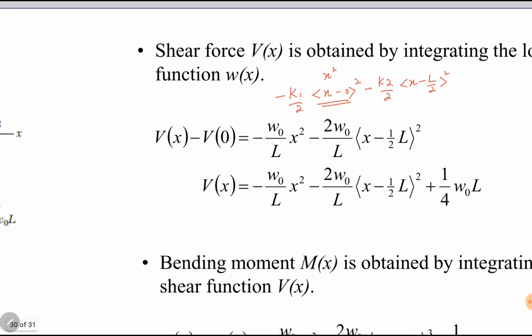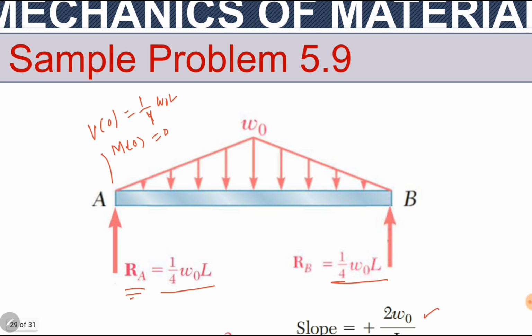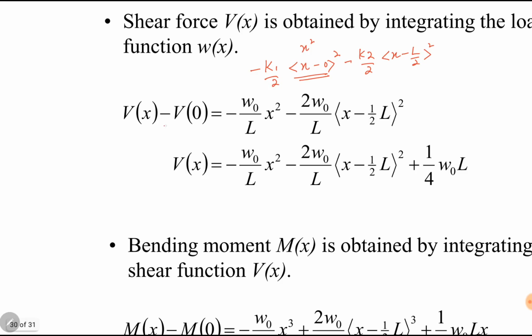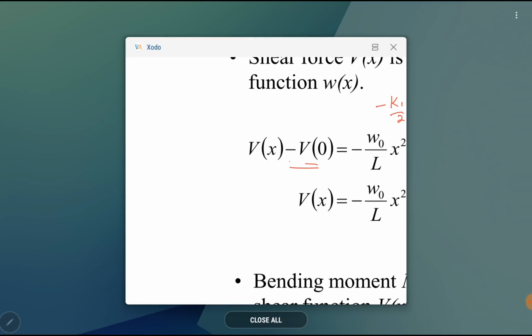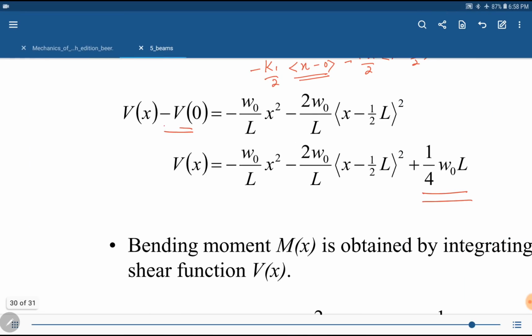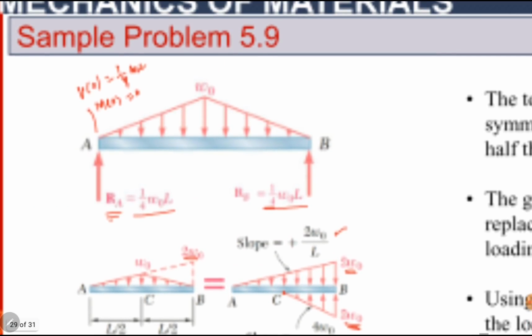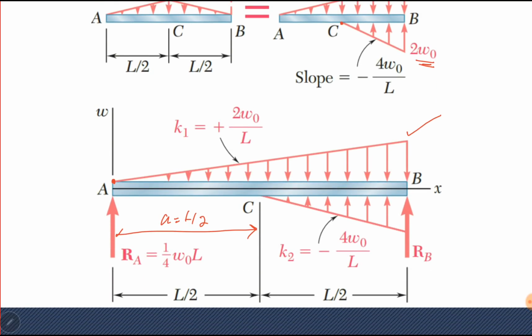So by putting it here, and after simplification, and V naught for us is 1 over 4 W naught L. So 1 over 4 W naught L with negative sign on this side will become positive on the other side. If you do not want to write V naught here, then you can simply keep the force at the left end. This force at the left end, RA, or this one. You can also write singularity function for this load, which will be